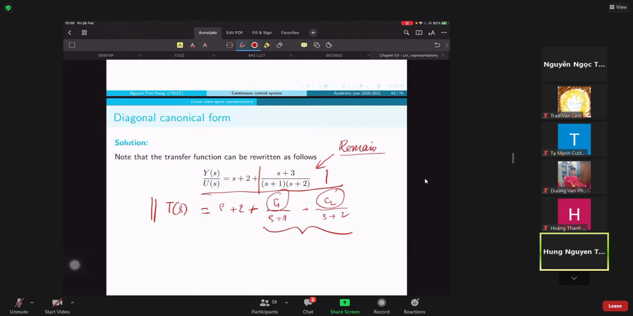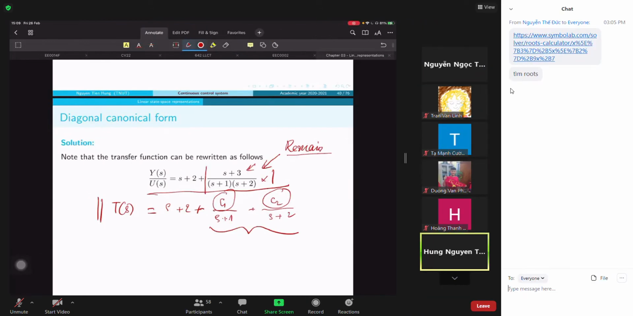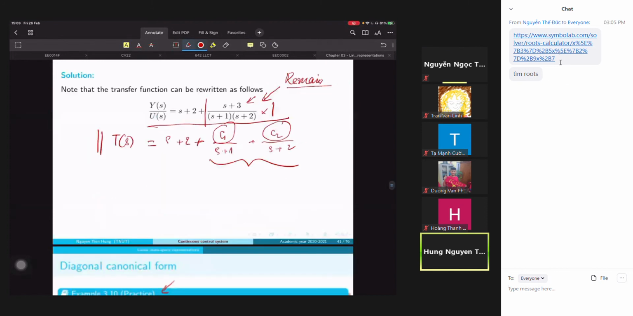So we only consider this when we cannot divide it anymore. We want this form. In case the order of the numerator is equal to the order of the denominator, you still take another division. Yes, sir. Okay, so just practice this problem first,